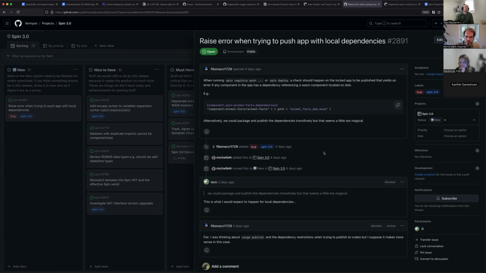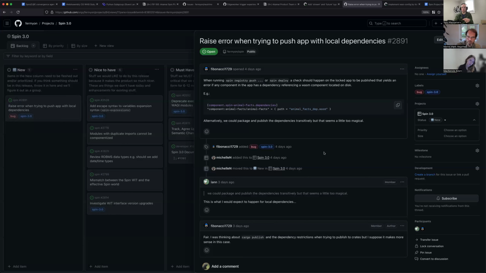At first, his assertion was that maybe that would be a little bit magical, and he was basing this on, at least for people in the Rust world, if you're familiar with publishing a Rust crate to crates.io, it will not let you publish a crate that depends on local projects. In other words, any projects that a thing you want to publish to crates.io depends on need to also be already published to crates.io, if that makes sense. So I think Brian was riffing on that and thinking, okay, well, you shouldn't try to publish a component that depends on local dependencies,